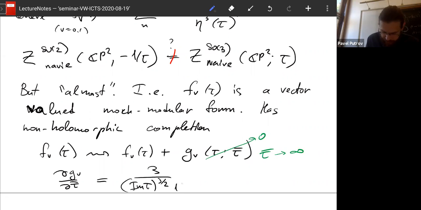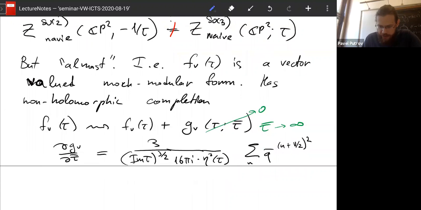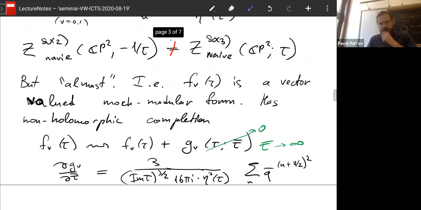It's 3 over imaginary part of tau to the 3/2, 16 pi i times eta function of tau, sum over n of n q bar to the n plus v divided by 2 squared. This will not be so important for us, but in this part, I want to refer to Atish's talk, where he explained the basics of this modularity. In particular, this thing is roughly the shadow of the corresponding